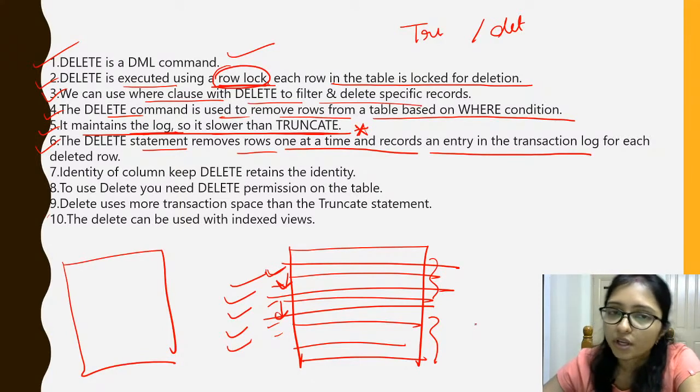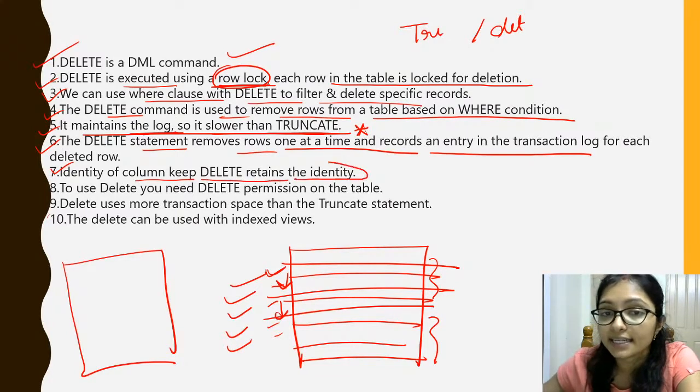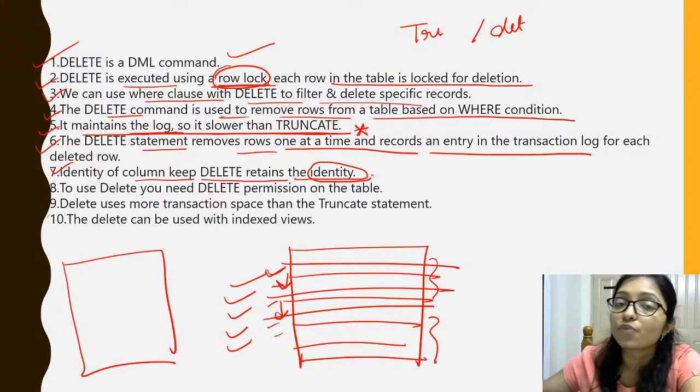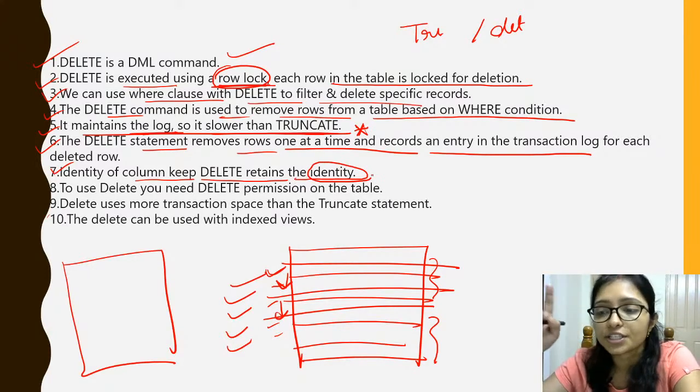It can arise in the delete, but it cannot arise in the truncate. Okay. Now the identity column: delete retains the identity. The identity means what? That after delete,